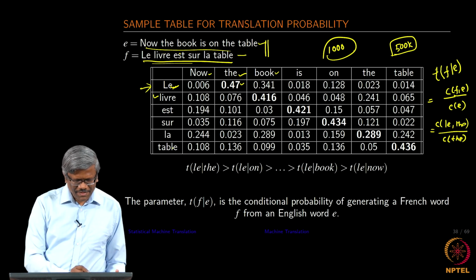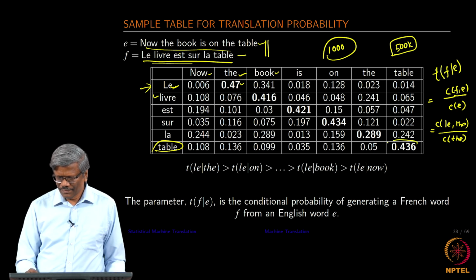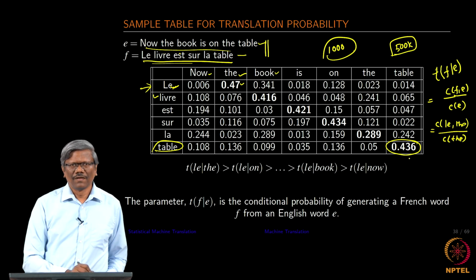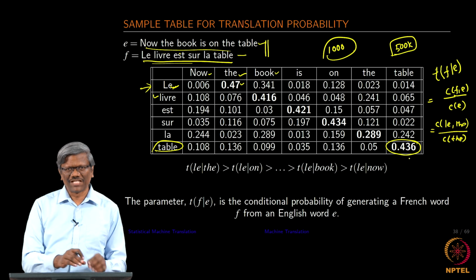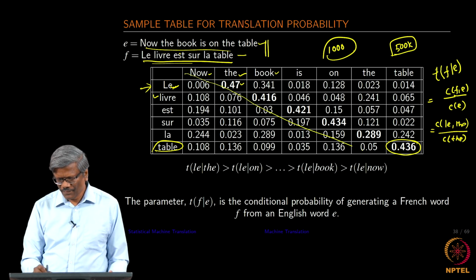So, in the same fashion, table is aligned to table, and so on. If you look at this, this is a table that contains the probability of alignments of each word, and you can see that there is an